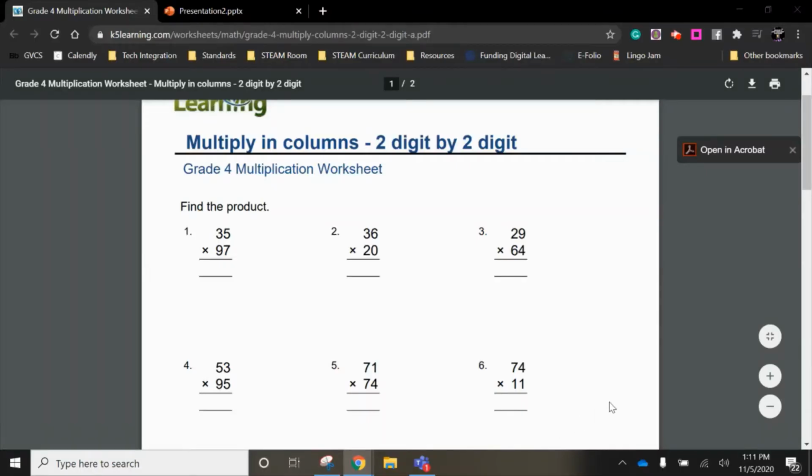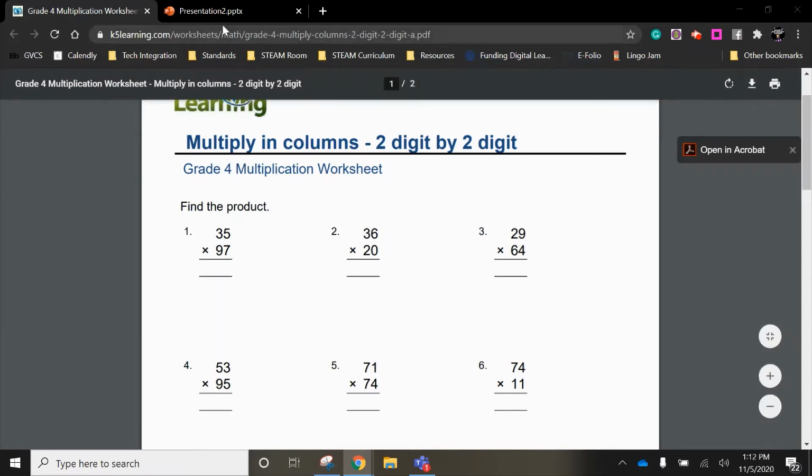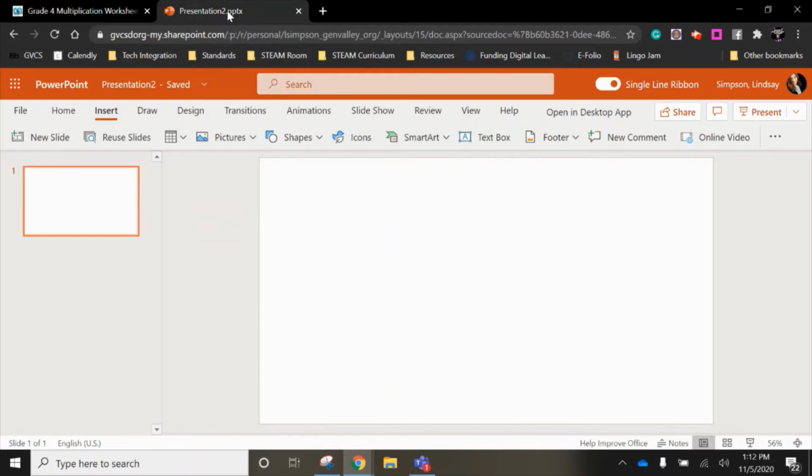This tutorial is going to walk you through how to take a PDF worksheet and put it in a PowerPoint so that students can interact with it, answer the questions, and submit it back to you in a Teams assignment. So the first thing I'm going to do is I'm going to have my worksheet up in front of me, and then in another tab, I'm going to have a PowerPoint here that I'm going to put this document in